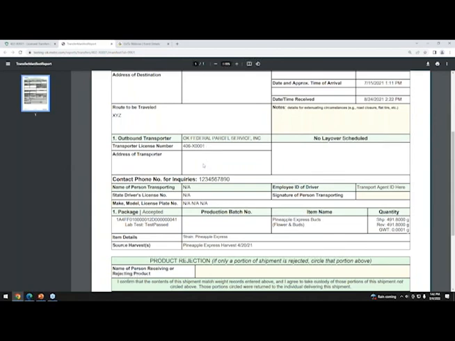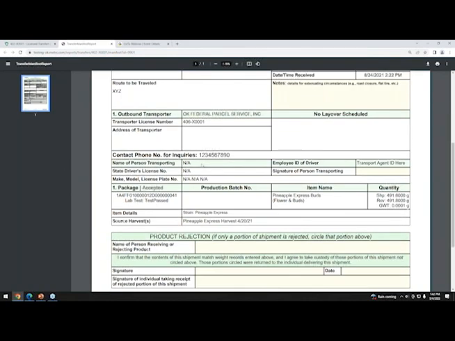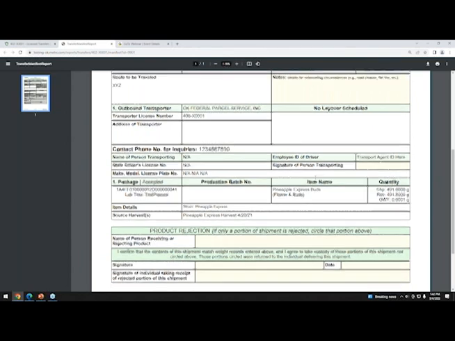And then you'll have the information about the individual that is actually transporting. So the name of the person transporting, their driver's license, make, model, employee ID. So the transport agent ID goes there. That's really more along the lines of their number. So those T numbers basically. And then outside of that, you'd see your packages here that are on the manifest.